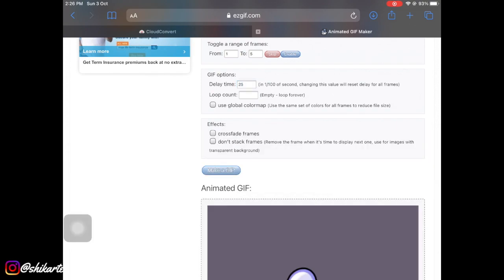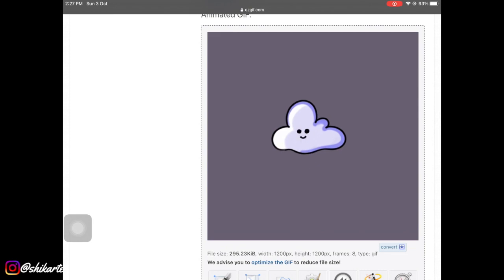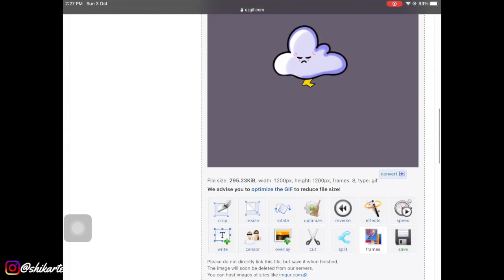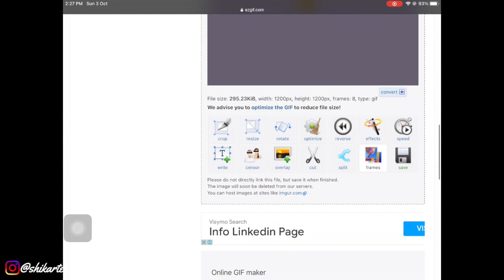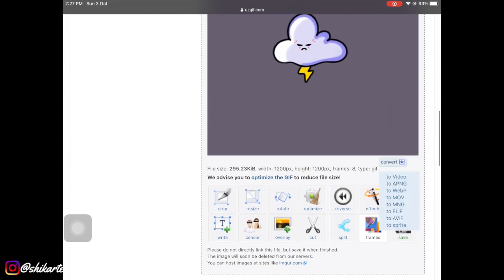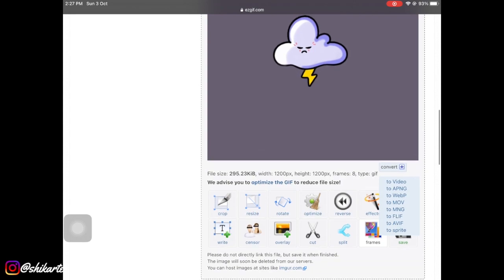And to save the final created GIF, you just have to long press onto this GIF that is playing right now on the screen, and a window will pop up, and then from there you can just add the GIF to your photos. I actually did it on this video as well. You must be able to see that in just a few seconds. But yeah, that's how you save the GIF to your photo library.